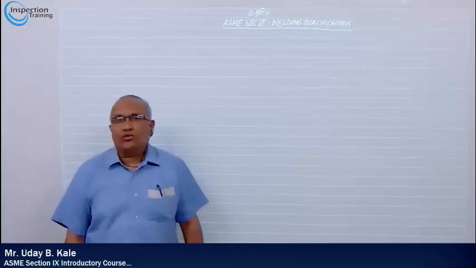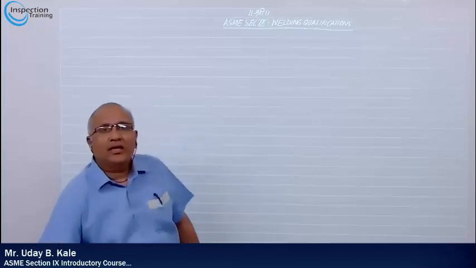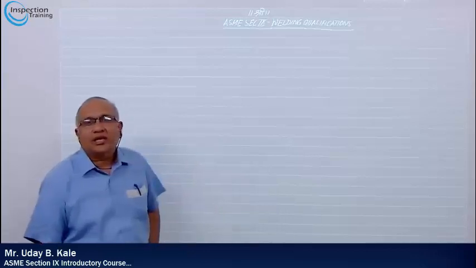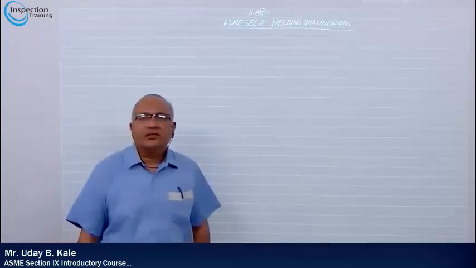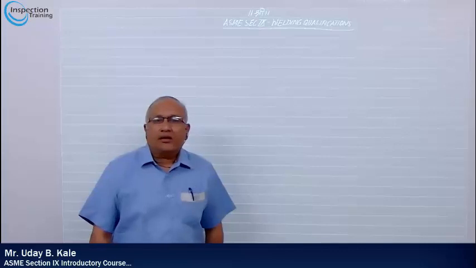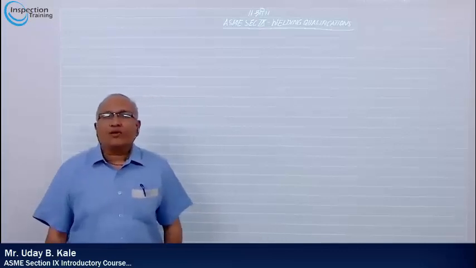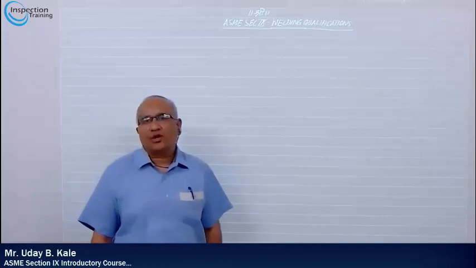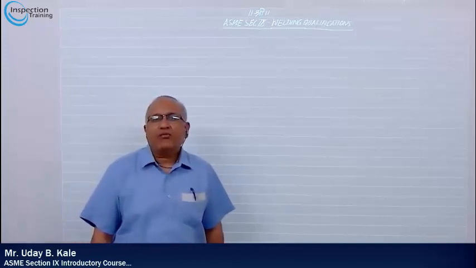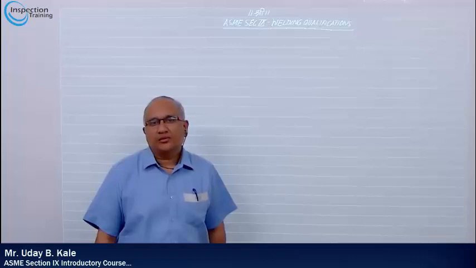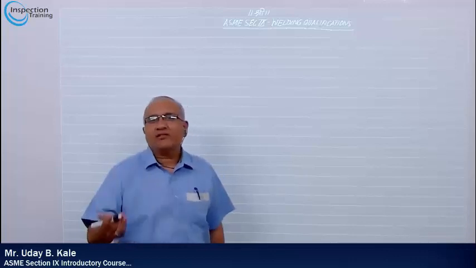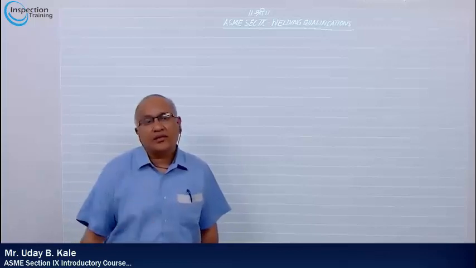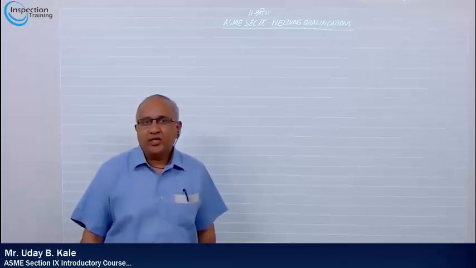We are going to see ASME Section 9, which is basically welding qualifications. But before going to those welding qualifications, we must see what are various types of documents and what are its use. What do you mean by a referencing document? What do you mean by a referenced document? And so on. So let us see first